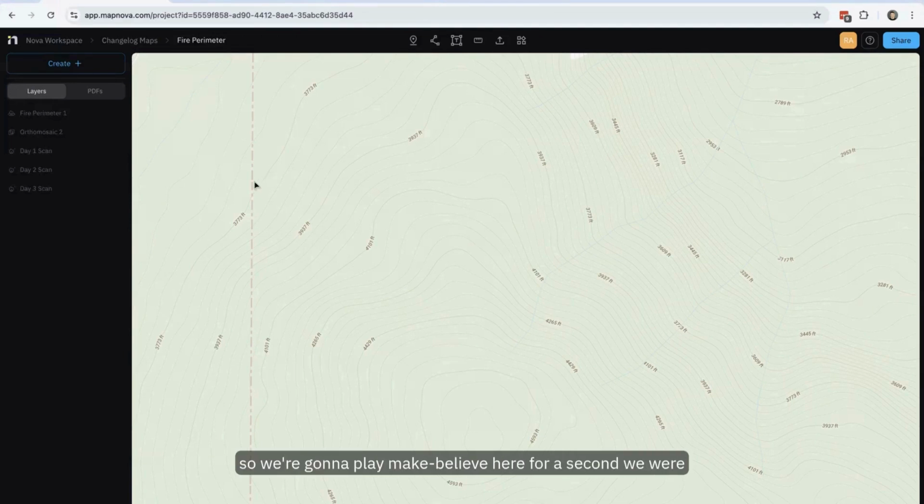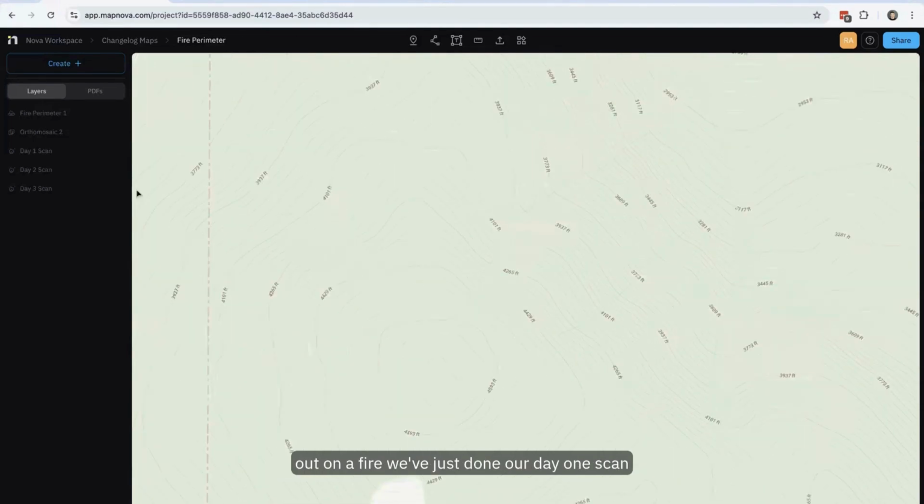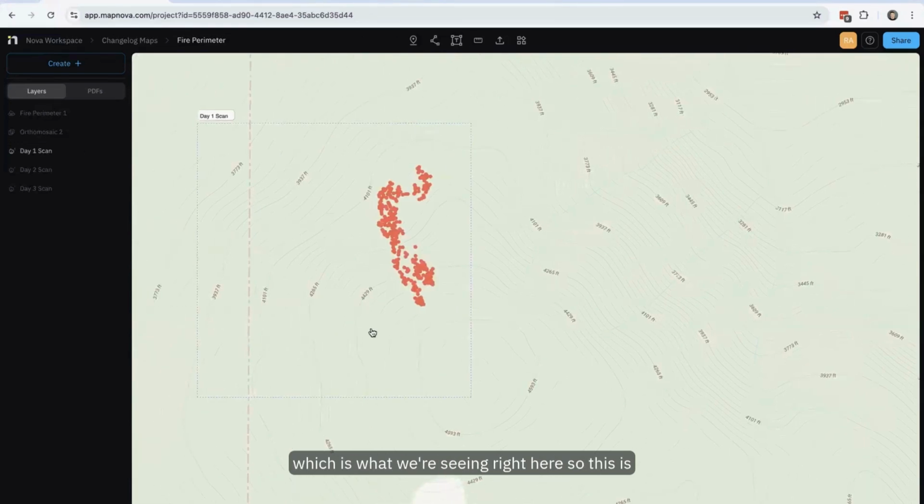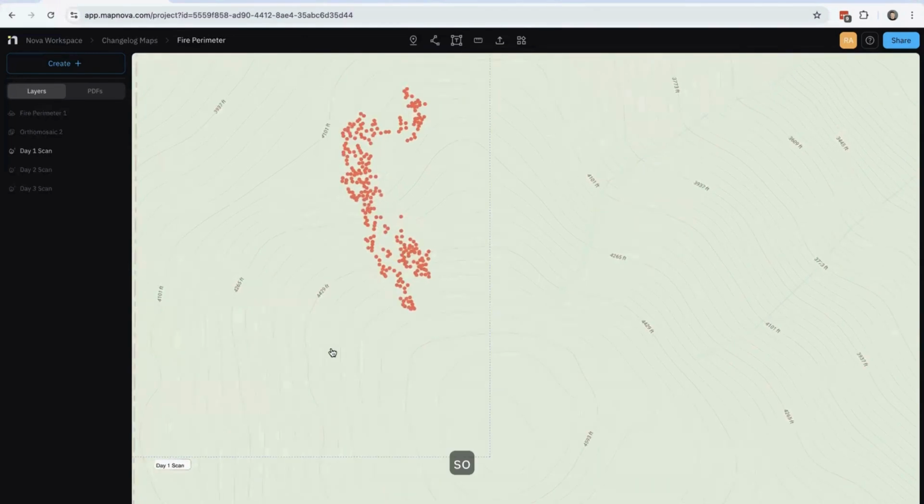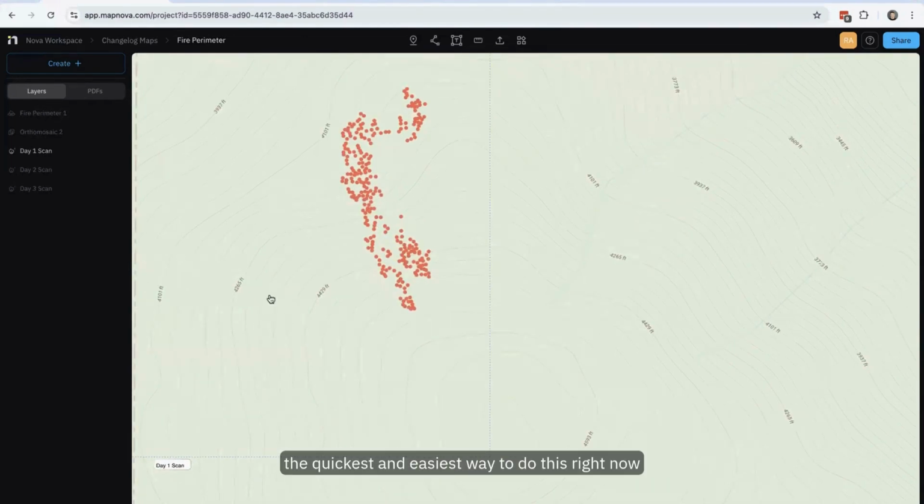Next up, fire perimeter. So we're going to play make believe here for a second. We're out on a fire. We've just done our day one scan, which is what we're seeing right here. So this is our first scan. It's a really small one. I want to build a fire perimeter. So the quickest and easiest way to do this right now, thanks to the new auto fire perimeter tool, is